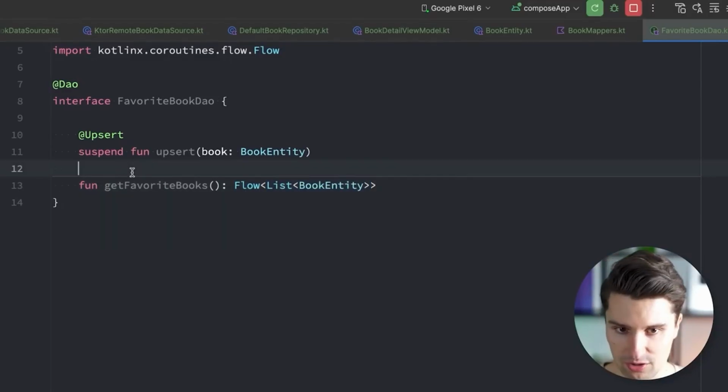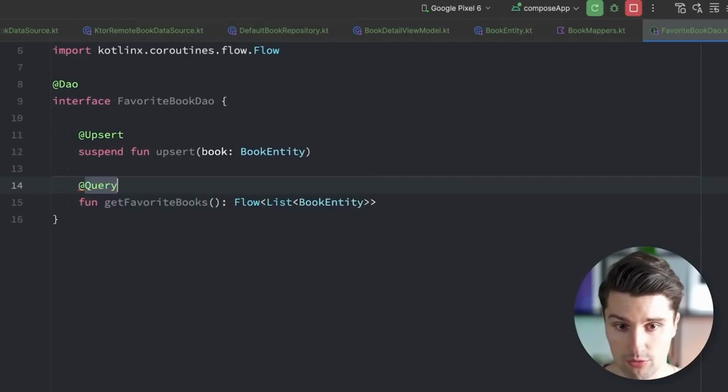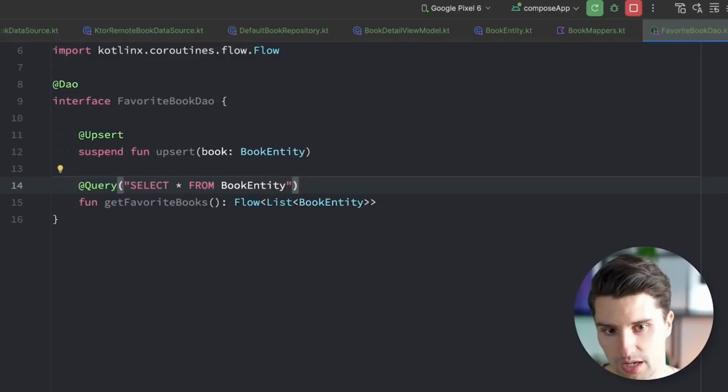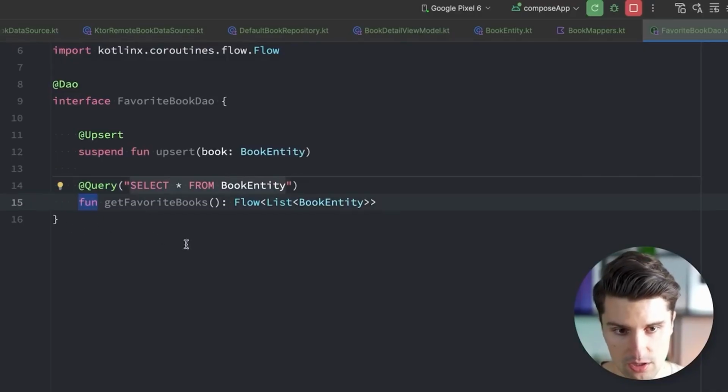We do need to specify this query, of course. So how we want to fetch those books, that's now SQL, which goes in this @Query annotation, for which you can say select. I want to select everything, so all the fields, all the columns from our book. What is it? BookEntity. Hm, there is no auto completion. Probably just BookEntity. And there's also no where condition because we just want to fetch all books from our table. This is not a suspend function here because